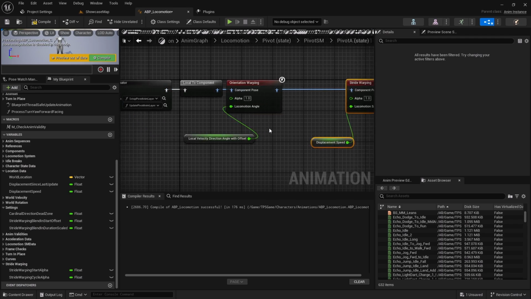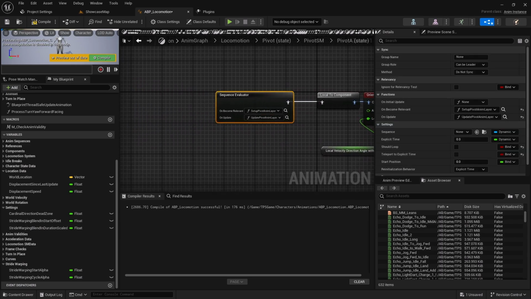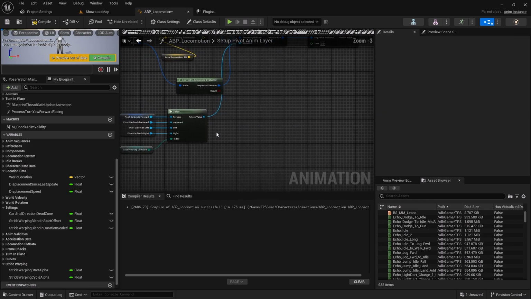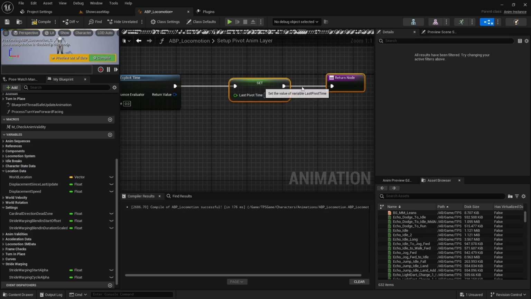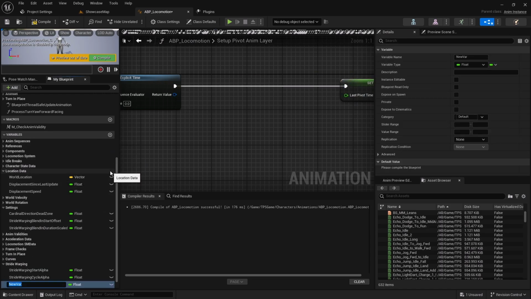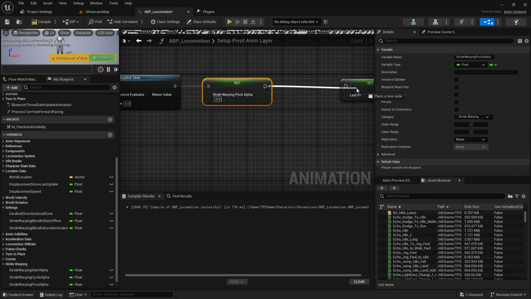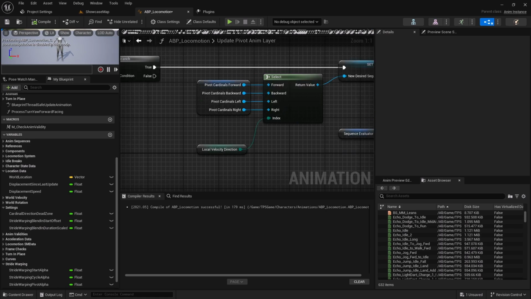right? So here we have the one become relevant function. Let's go there, and soon after we set this set explicit time, let's create a new variable called stride warping pivot alpha and let's initialize it as 0 at the very first frame call. And then let's go to the on update pivot anim layer function,